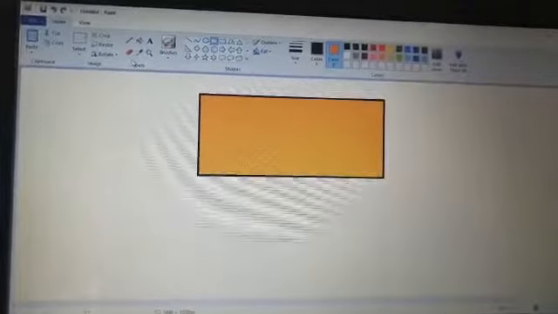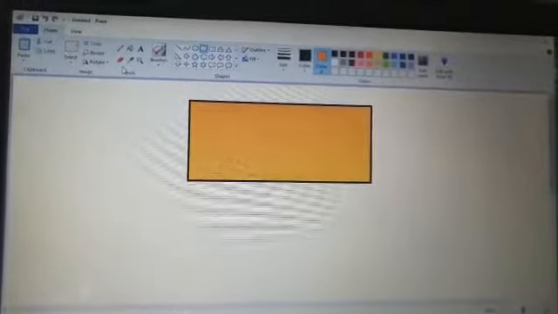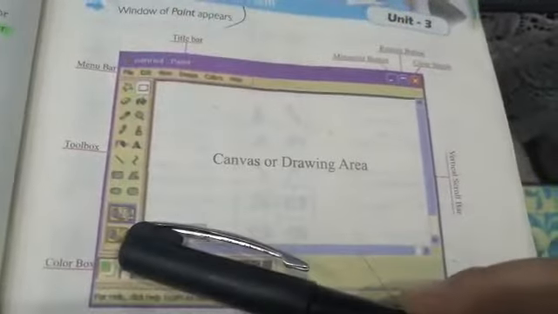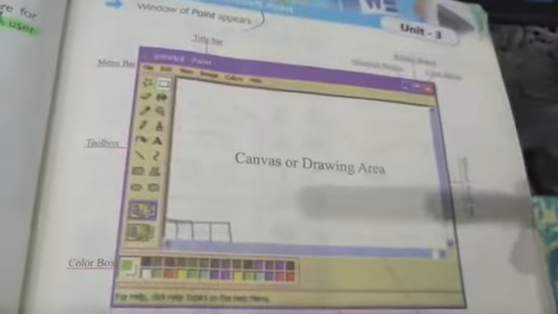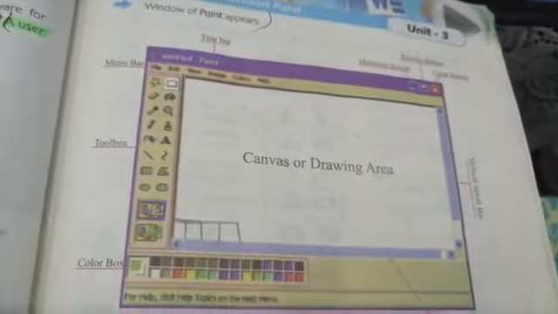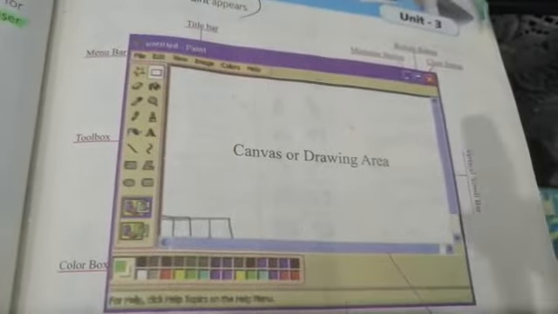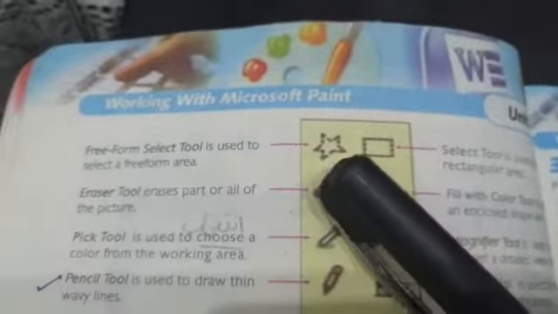Here in Windows 10 you have this kind of interface of MS Paint, and in your book it's a kind of this one. यहाँ पे आपके पास टूल बॉक्स हैं and here we have different kinds of tools. दोनों का पर्पस सेम ही है और दोनों इंटरफेसेस में टूल्स एक जैसा काम करते हैं. Let's study what they do. Okay, what does the free form selection tool do?